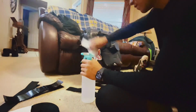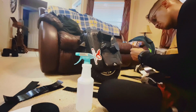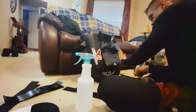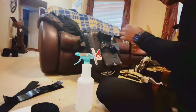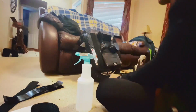pieces of Velcro, sticky side and soft side, and then I mounted them together so that way I could just fit them onto the wheel. And then once I fit them onto the wheel, I knew that my pieces would fit, so I would just mount the armor on after the fact. So this was a little bit easier than I thought it was going to be, but you want to make